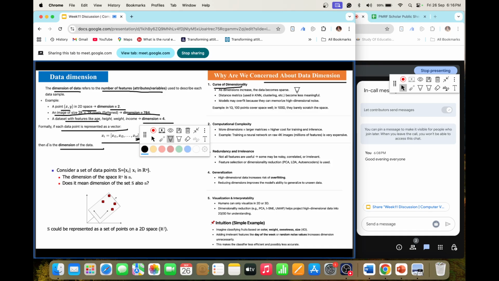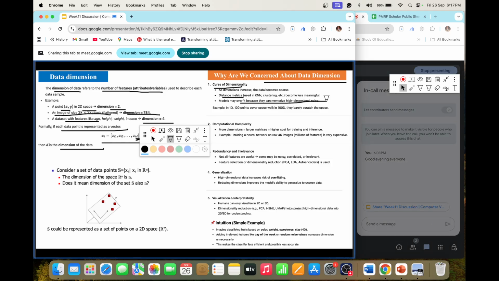Now if we are increasing the dimension, the data becomes more sparse, meaning more vectors are required to represent the data. So that is a problem. And the thing is regarding the distance matrix. The distance matrix becomes less meaningful because we are projecting onto so many axes. And then the model may overfit because it can memorize high dimensional noise. More dimensions means some of the dimensions are less critical,